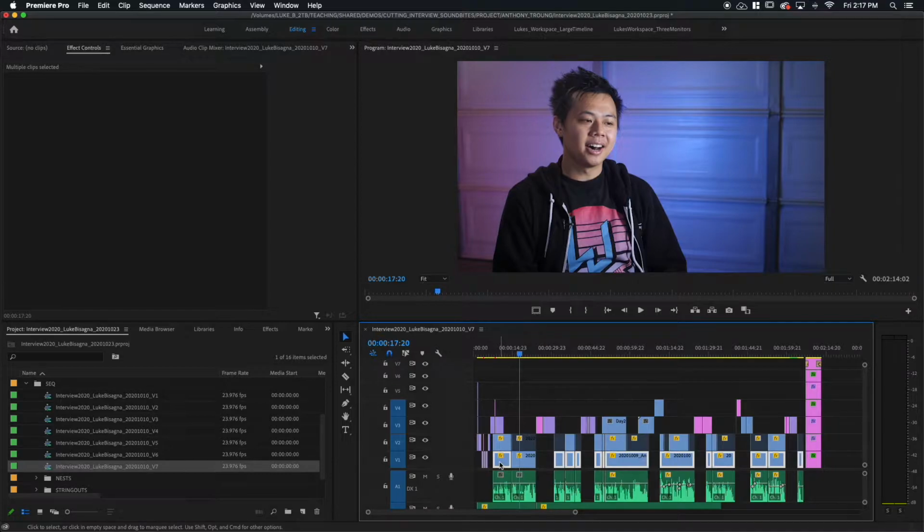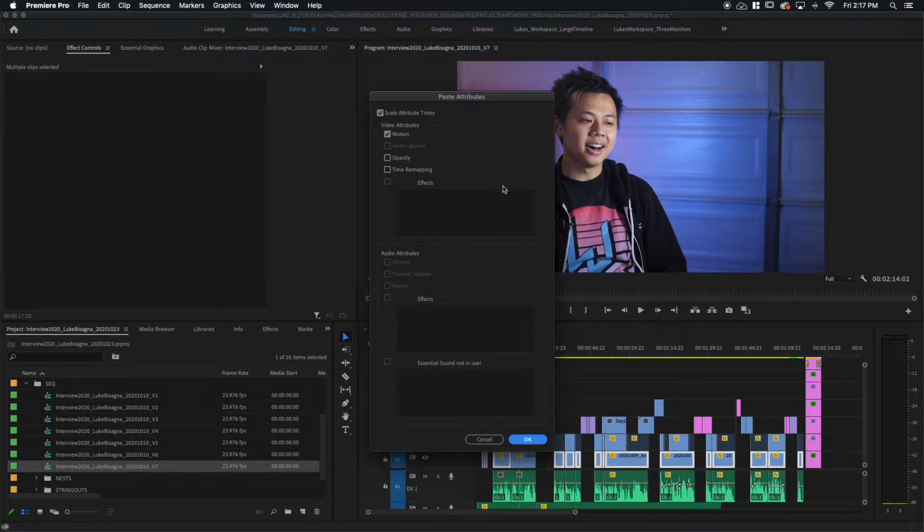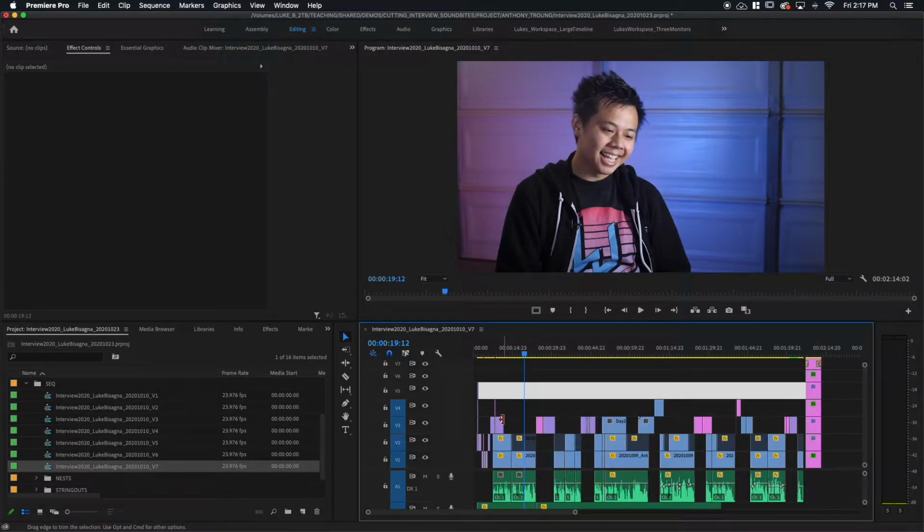And then I'm going to right click and choose Paste Attributes. And I want to make sure the motion box is selected here because the scale control is within the motion area in the effect controls. I'm going to hit OK. And that same scaling will be applied to all of the other occurrences now, without having to select each one and make an individual adjustment to every clip. Pretty cool little trick.